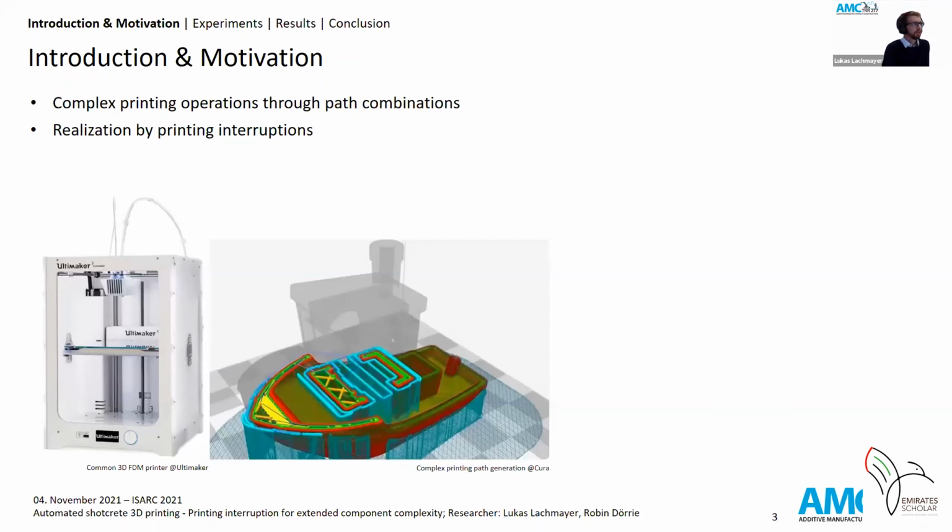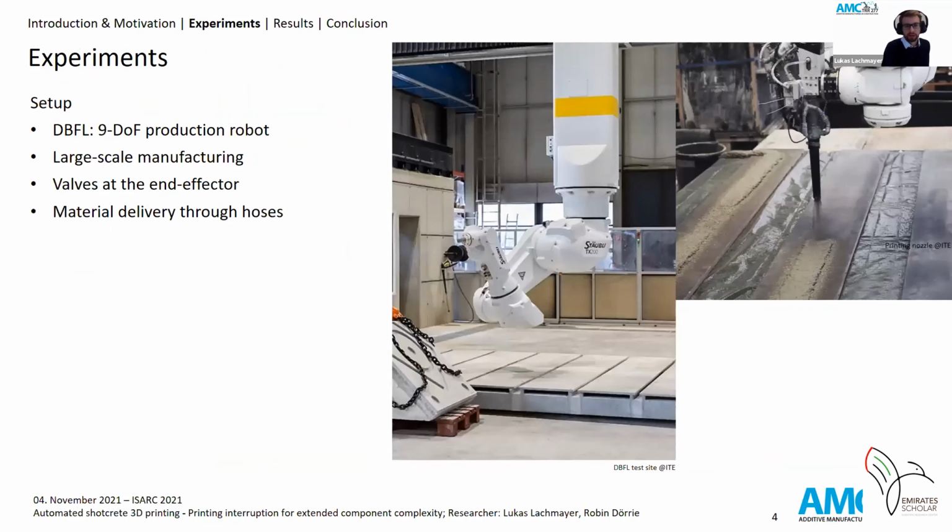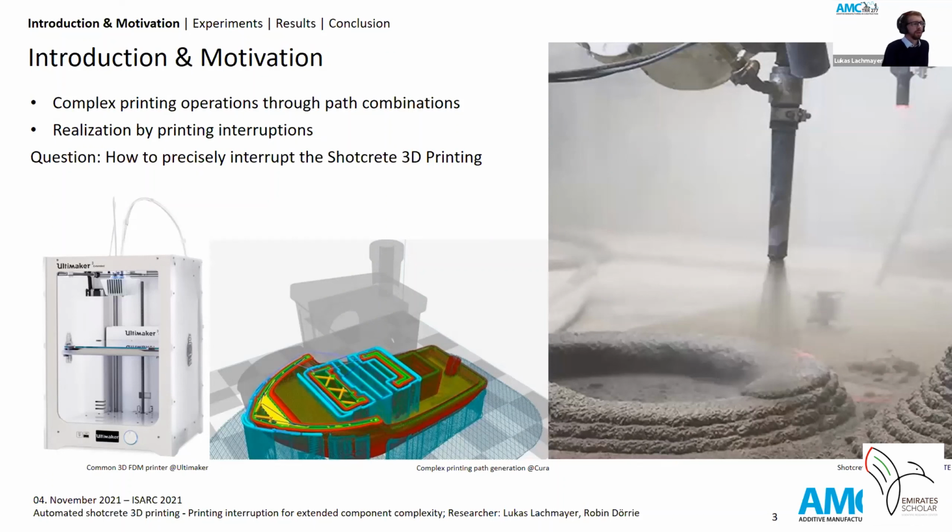Then we took a close look at how those printing interruptions are realized within common processes, such as the FDM process, which usually uses multiple paths to realize complex components. Here in the picture, we can see, for example, a sliced boat, where we can see by the different colors that we have multiple paths, which are combined into one path in the end by transition movements without material application. So for us, the question arises: how can we interrupt our shotcrete process